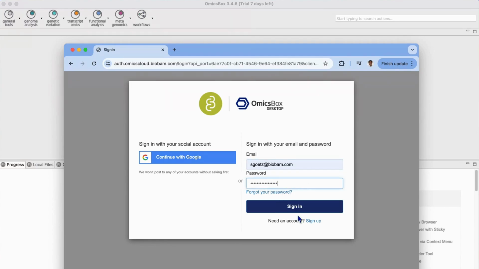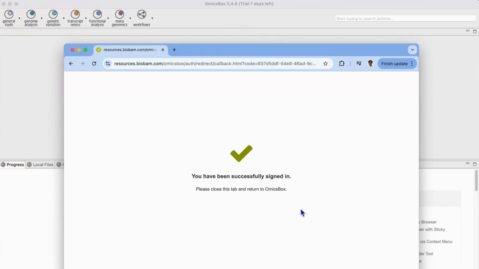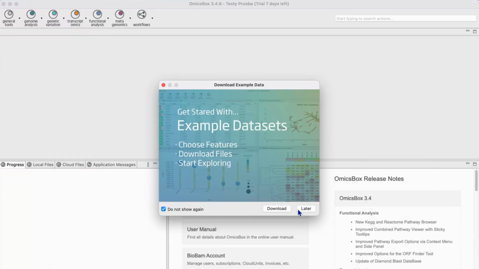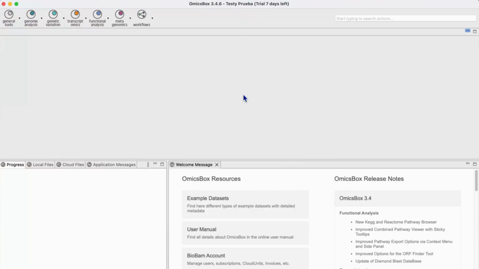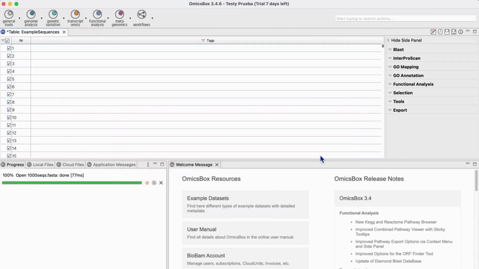Once you're signed in, you'll get a confirmation message, the sign-in window will close, and OmicsBox 3.4 will open, fully activated. At this point, you can also download example datasets to try out, which are available here or later through the Help menu. And that's it, you're ready to start exploring all the features of